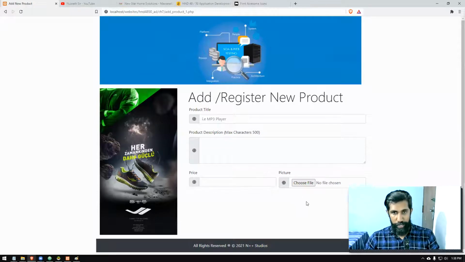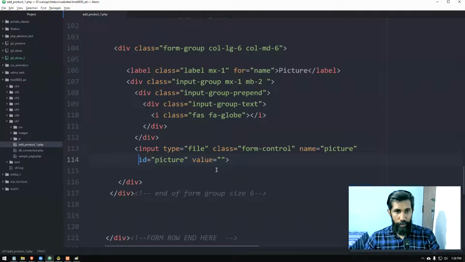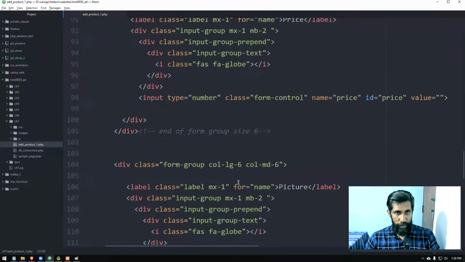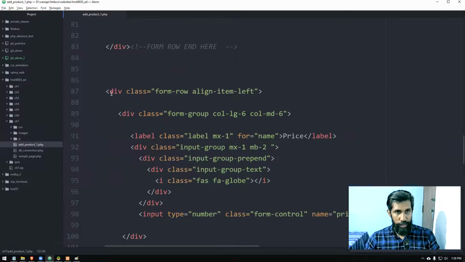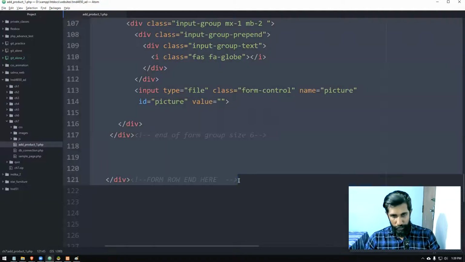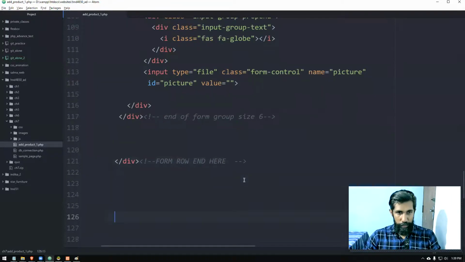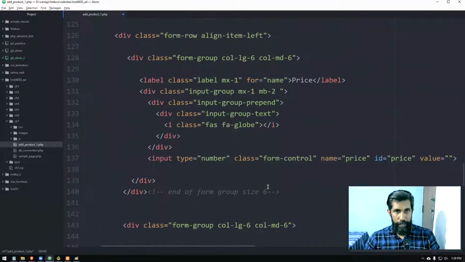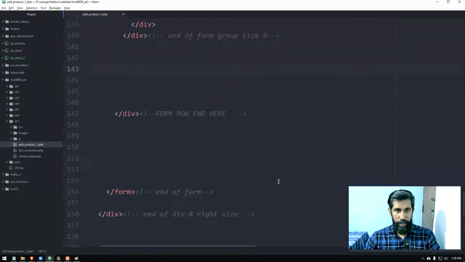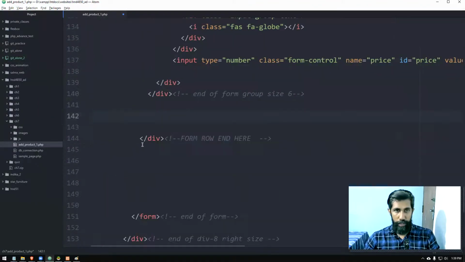Form is almost ready. Now I need to go again, create another row. So I'm going to copy this one. Just don't worry, just copy this, right? So let's copy. And I'm going to paste it here. Come up here. I don't need all of them. Right.